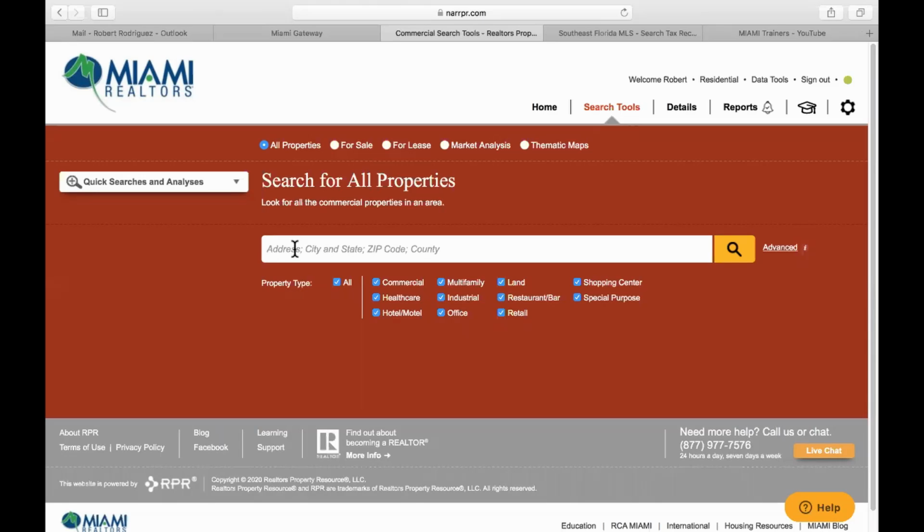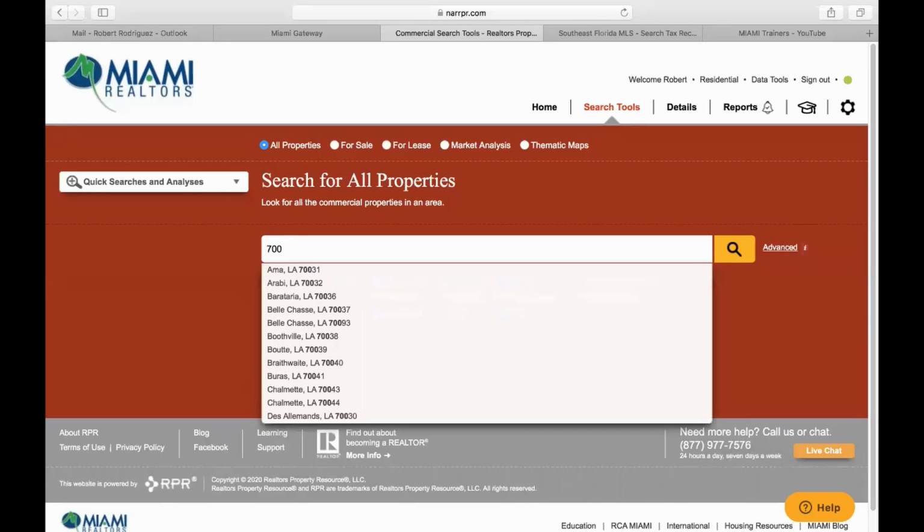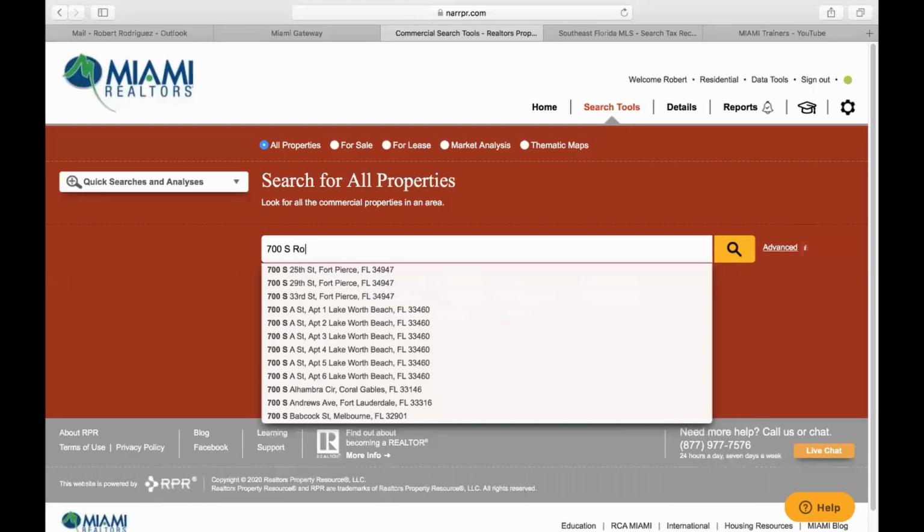This program is for both residential and commercial realtors. Okay, and what we're going to do is I'm going to start with a very simple property that we can research, and that's going to be our headquarters building that we have in Miami Springs, and that's 700 South Royal Poinciana